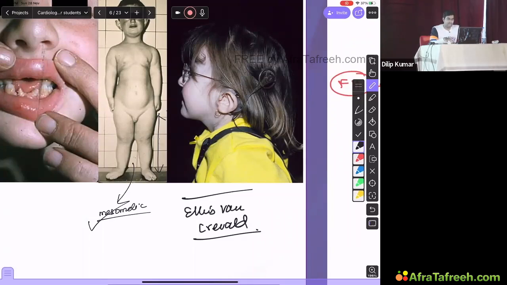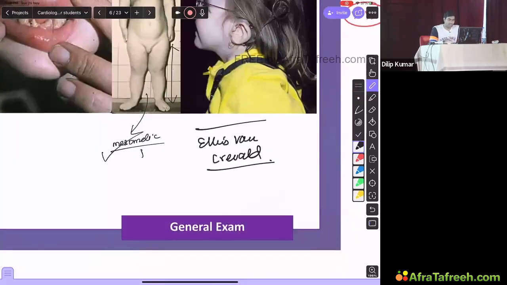And why is Ellis-Van Creveld very important? Because it is associated with a cardiac problem. What is the cardiac problem? ASD, atrial septal defect. If I am the examiner, surely I will ask this. I will not ask Holt-Oram syndrome because I know you will surely know that. So I will definitely ask Ellis-Van Creveld syndrome. Apart from that,